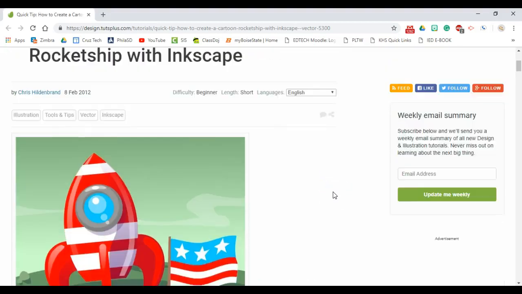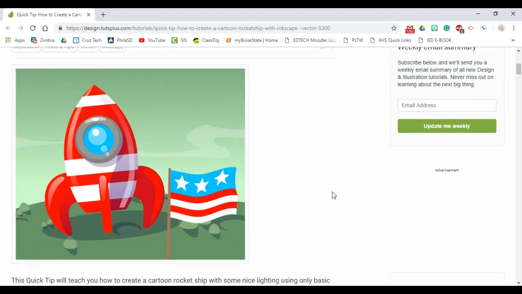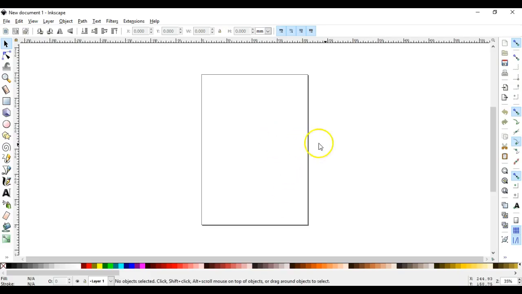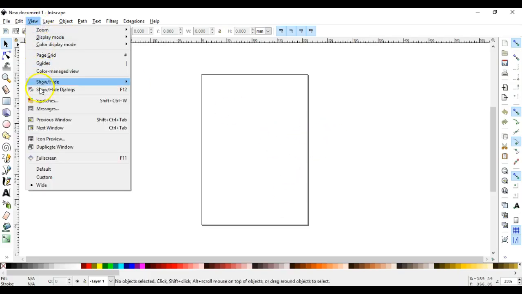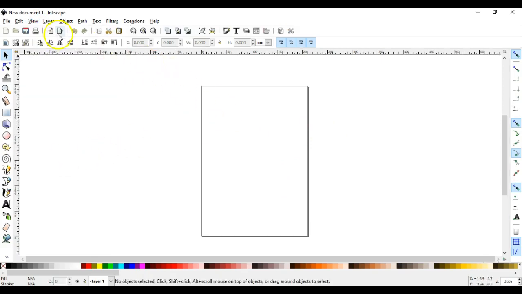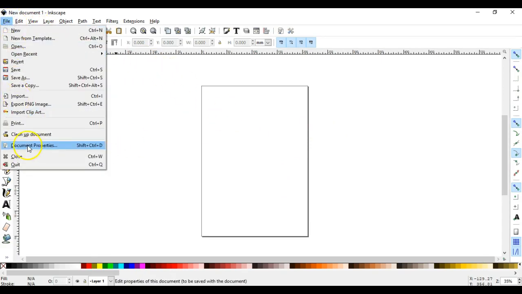Okay, guys, we're gonna make this cartoon rocket ship. It's a different version of the previous rocket ship we might have done. It's way more cartoony, has a lot more details. So Inkscape is open. I'm gonna make sure my view is set to default, and I'm gonna just go ahead